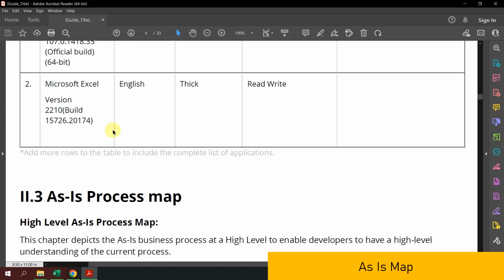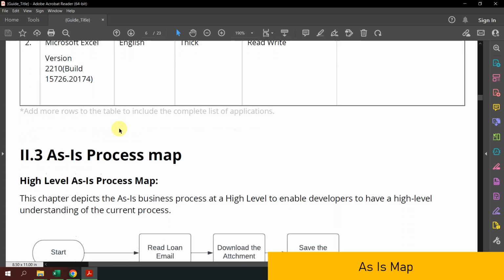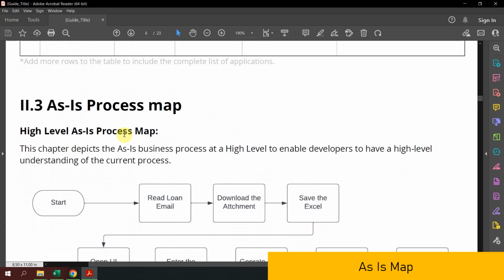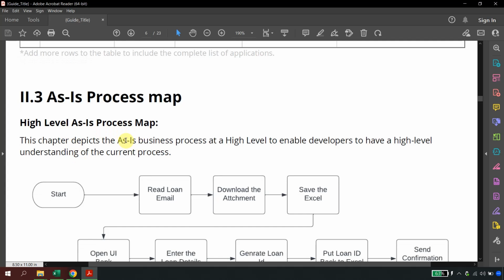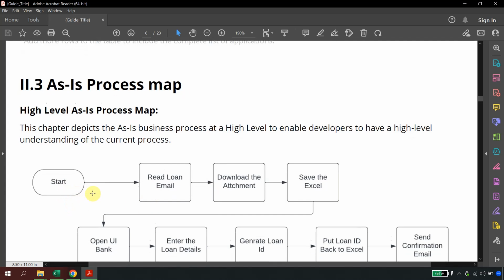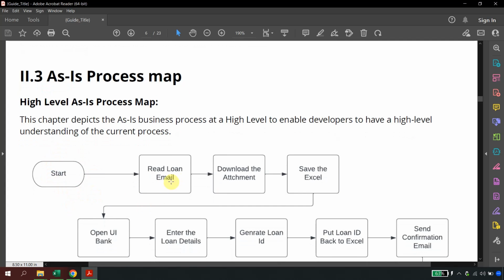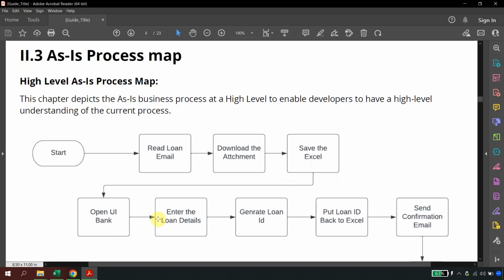The next important bit in the PDD is the as-is map, which means how the business is doing this process manually, without automation. How does this thing happen, right? So they have given me this diagram. They say that we start, we read a loan email which is received, we download the attachment, we save the Excel at some location, right? We can understand that an email is received, they download the attachment, save the Excel, then they open